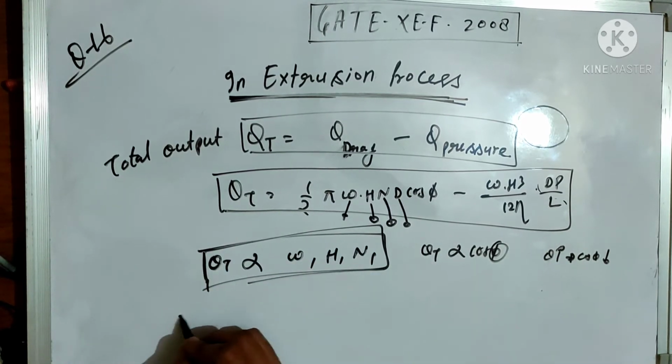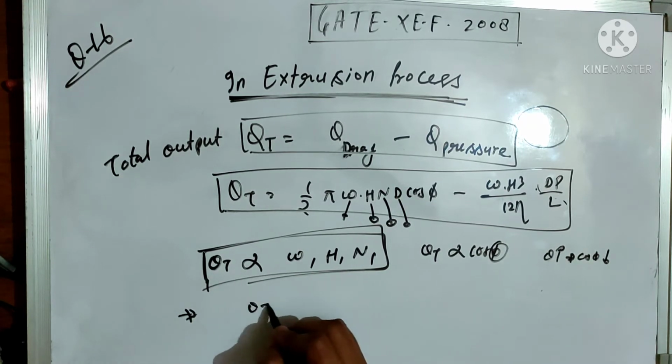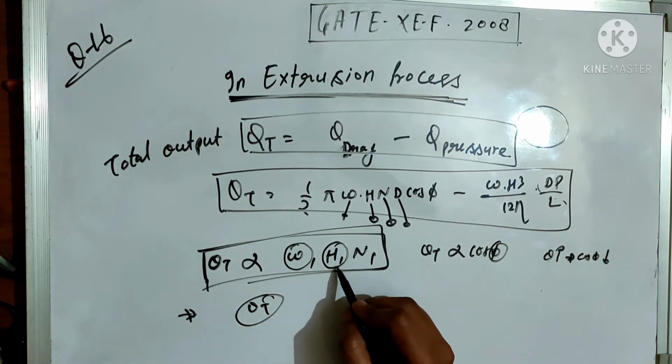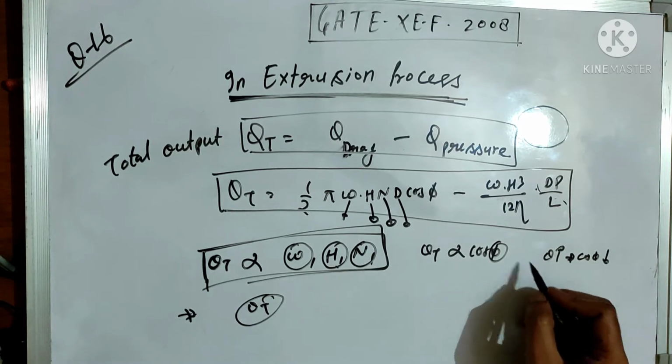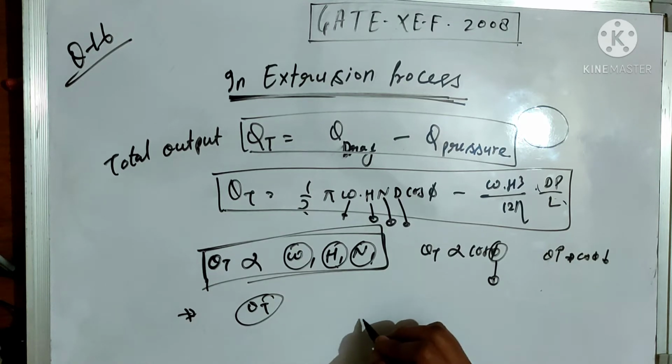Then after the matching in the question, the flow rate increases by increasing the channel depth, increasing the rotational speed, and decreasing the helix angle. So the correct option is